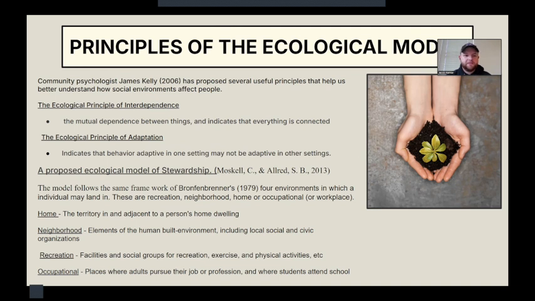First, we have the ecological principle of interdependence, a mutual dependence between things, which indicates that everything is connected. We have the ecological principle of adaptation, which indicates that behavior adaptive in one setting may not be adaptive in another setting,